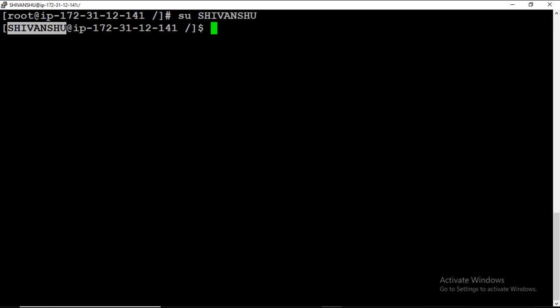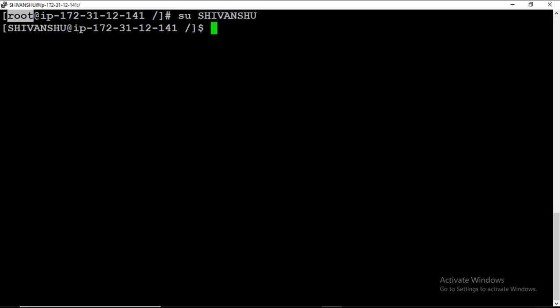So here one question arises: we had set the password for this user, but while switching to the user Shivanshu, the system is not asking for the password. Why so? The reason is that we are in the root user, and you know the root user has all the privileges. Root user can do anything. So you can say that the root user is the top user.